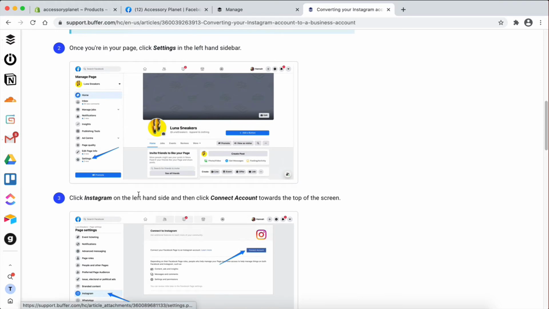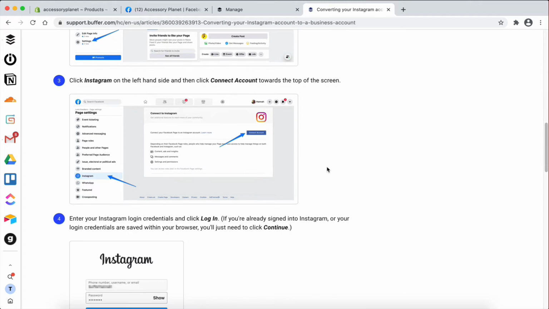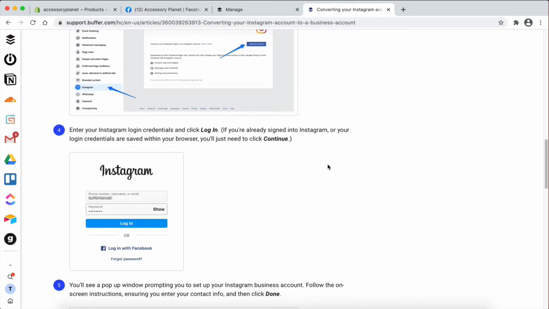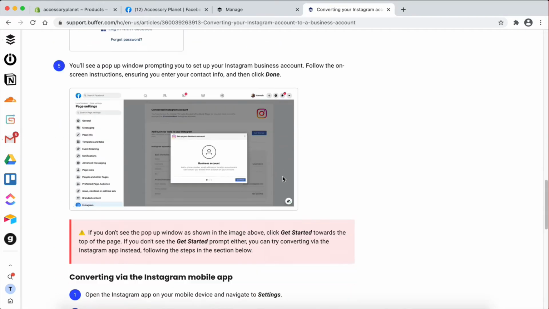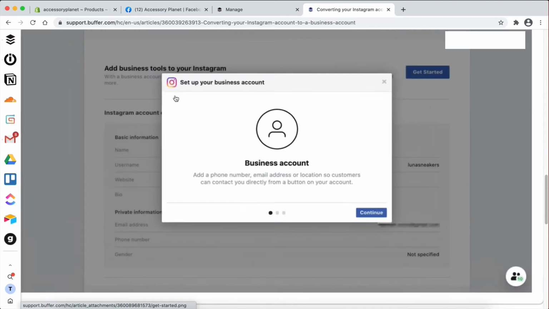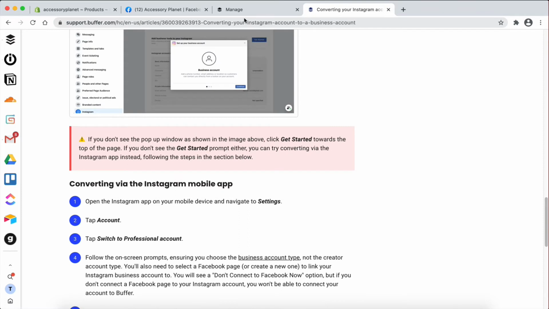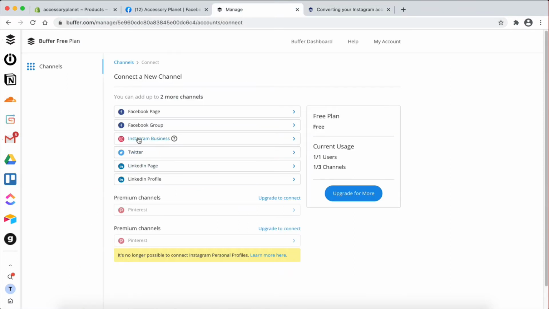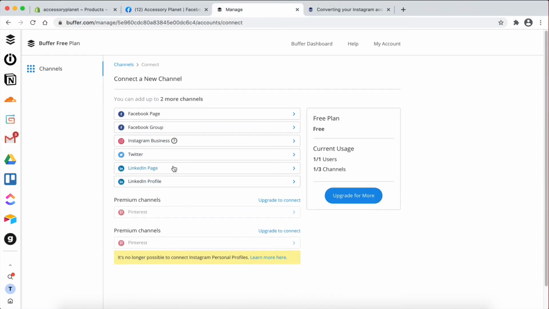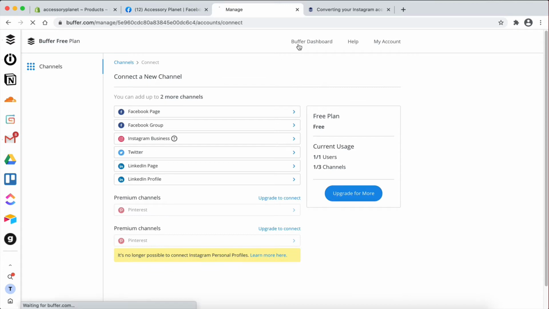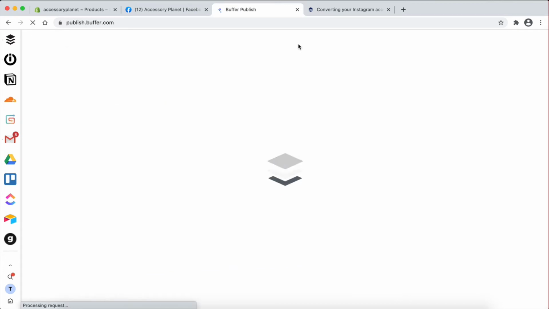And the idea is that you actually need to connect it to a Facebook page, right? That's how you switch to a business account. It has to be linked to a Facebook page, as you can see right here. So go through this, make sure that your Instagram account is connected, and then you're going to be able to use it. So once you have all your social media accounts connected,